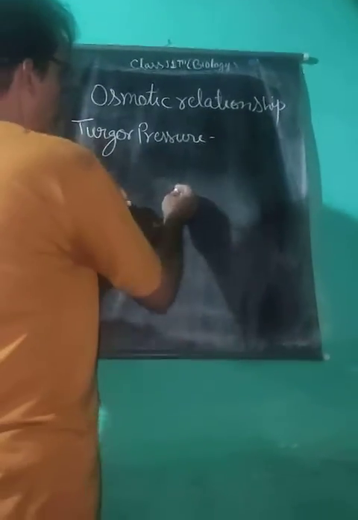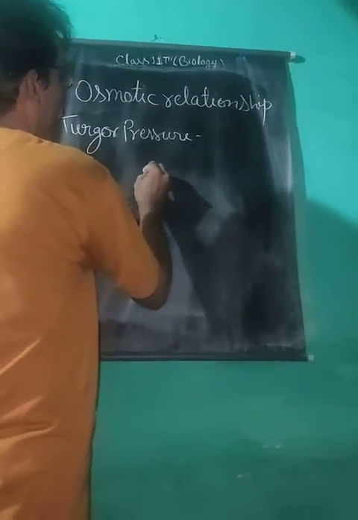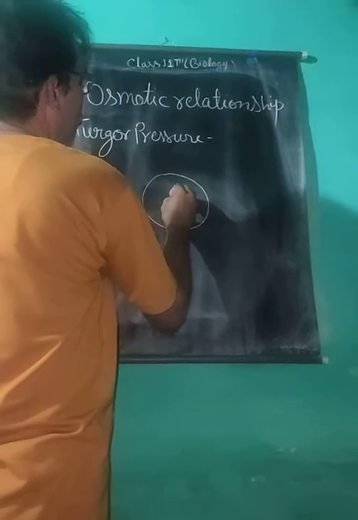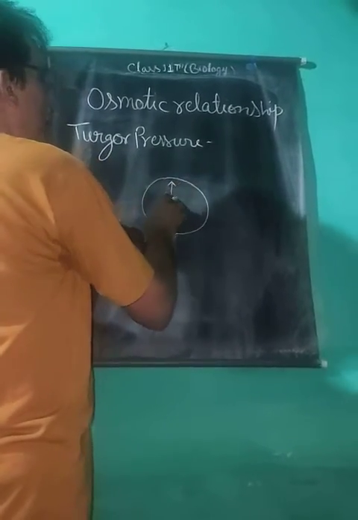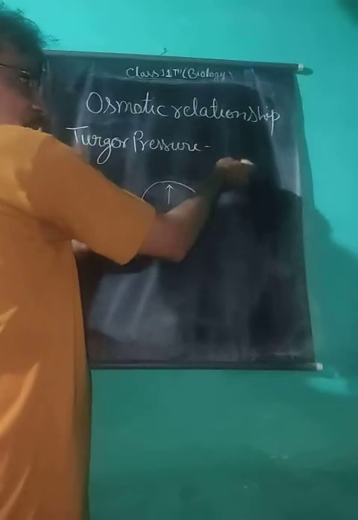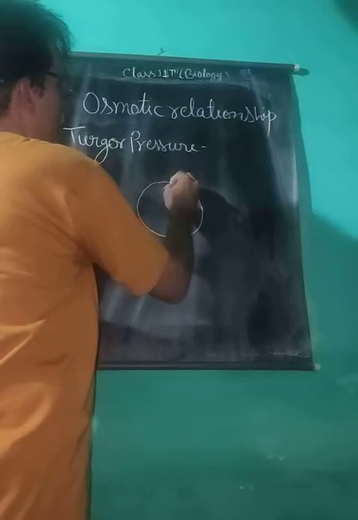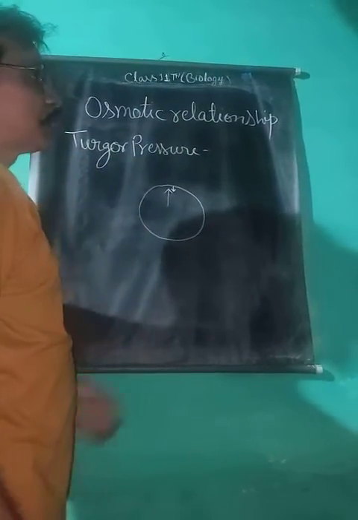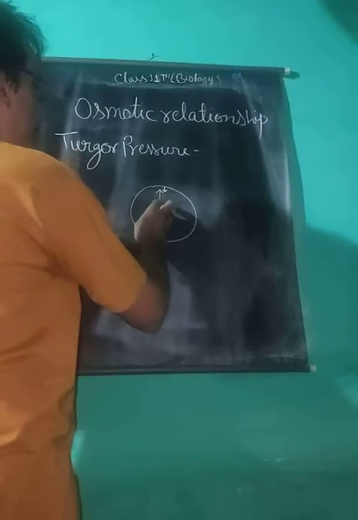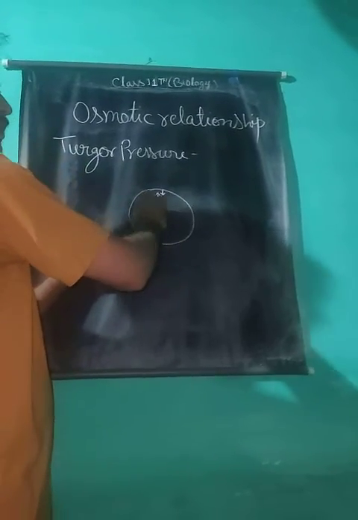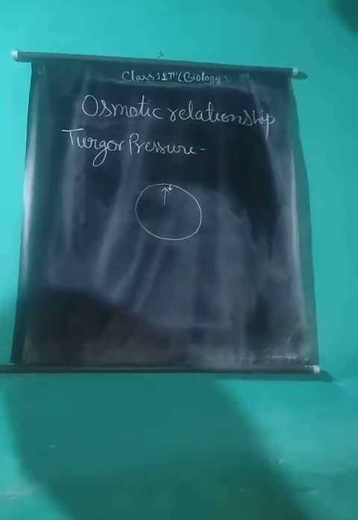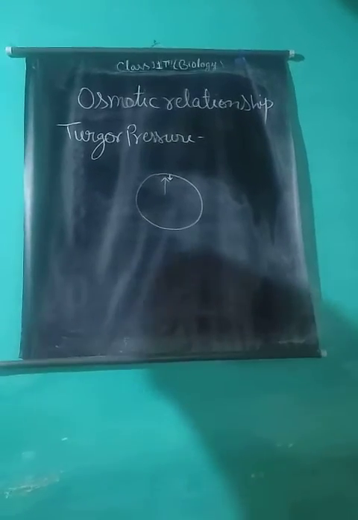The cell wall exerts equal pressure. The cell sap exerts pressure toward the cell wall, or it intends to come out from the cell, but the elastic cell wall intends to keep it inside. So as much as there is turgor pressure, there is an equal wall pressure to keep the protoplasm or cytoplasm inside the cell. Therefore, the turgor pressure or TP is always equal to wall pressure or WP.